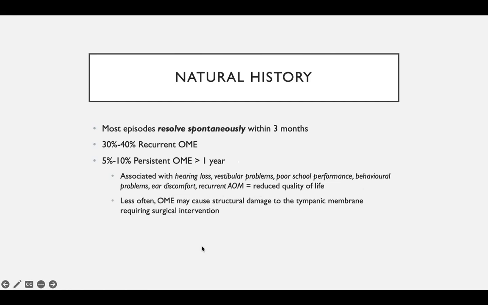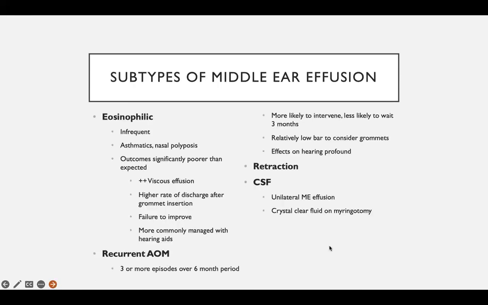Less often, OME can also cause structural damage to the tympanic membrane, and this might then require surgical intervention. So the subtypes of a middle ear effusion have been classified as either eosinophilic, as a result of recurrent acute otitis media, a retraction, or even CSF. Eosinophilic middle ear effusions are quite infrequent and happen